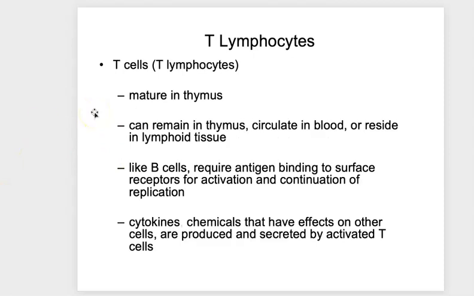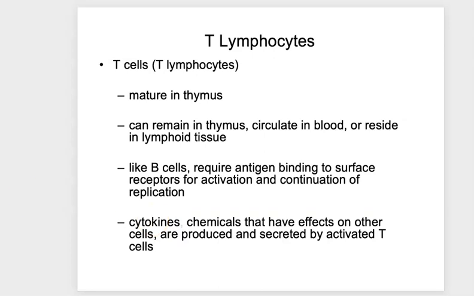Another player in the specific immune response are the T lymphocytes that mature in the thymus, which is in your chest, basically. They can remain in the thymus, circulate in the blood, or reside in lymphoid tissue. And like B cells, they require antigen binding to a surface receptor for activation. They produce chemicals that have an effect on other cells, particularly cytokines, that can then activate and recruit additional cell